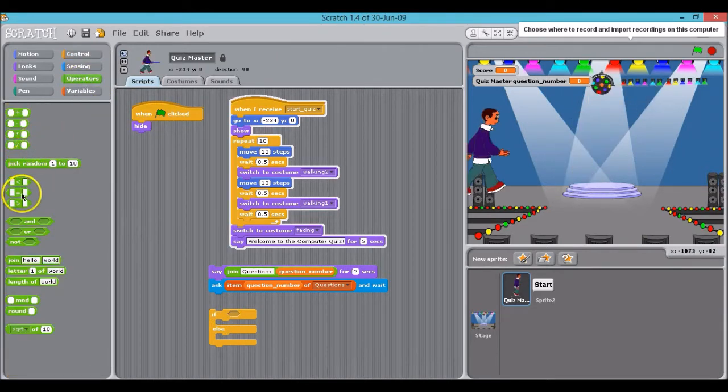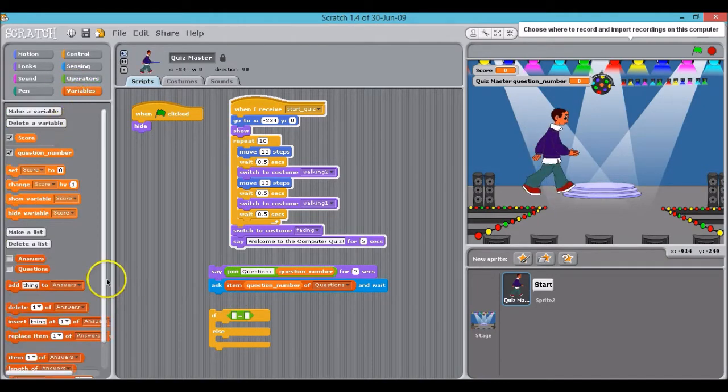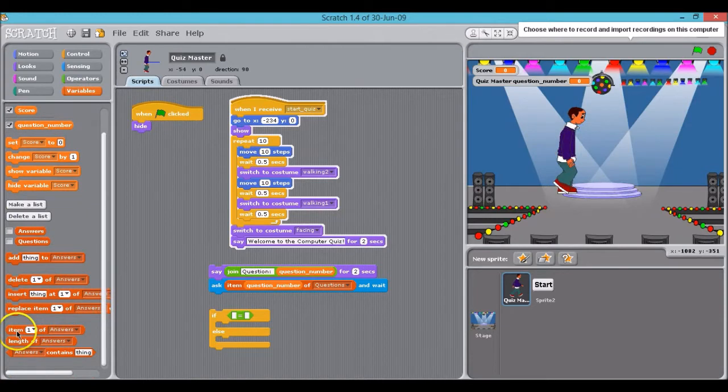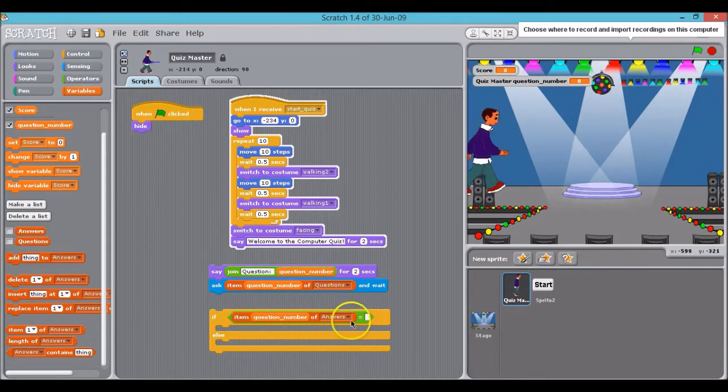Inside this space here next to the if, we want an operator, which is going to be this one, the equals operator, and inside the equals operator we're going to have again the item block of code, and put the question number in here, and if our question number equals the correct answer,